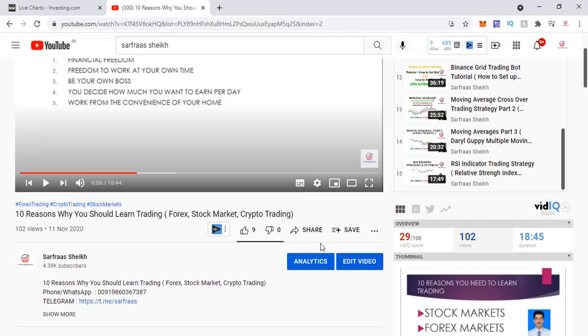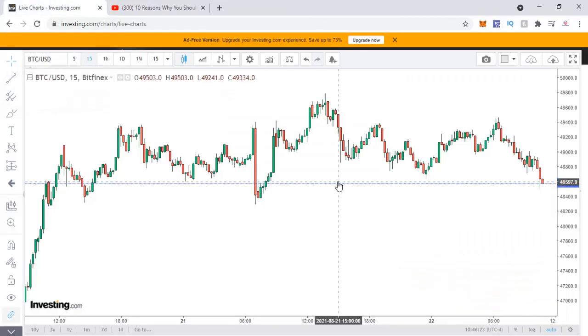So on this note, let's move ahead and understand how the stochastic oscillator works and how it can be a trump card in your trading. This is applicable across whatever technical analysis we are doing. You can use it on forex, you can use it on stock markets, you can use it on crypto markets, and that's the beauty of learning TA.